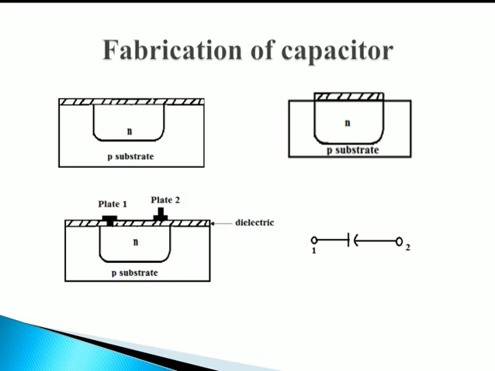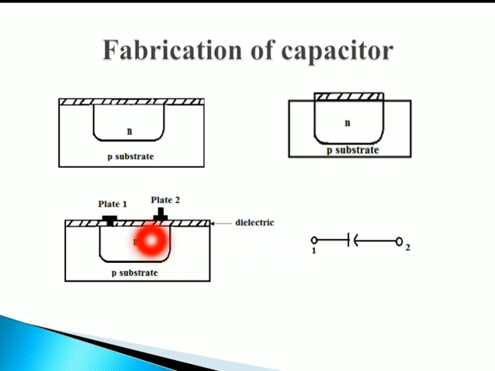The last one is capacitor. So first you have to diffuse your n-type material into the p substrate, where the n-type will act like one plate of the capacitor. Then your oxygen will be blown on the surface to form a silicon dioxide layer. That silicon dioxide layer will be etched at one point, and metal will be deposited for the capacitor. The metallic electrode deposited on the silicon dioxide will form the second plate of the capacitor.